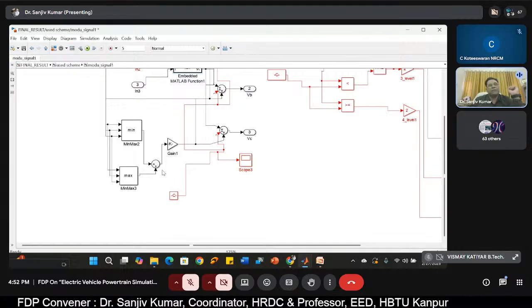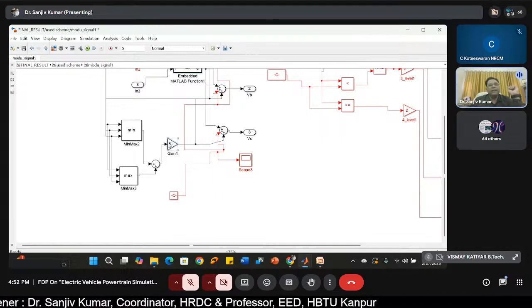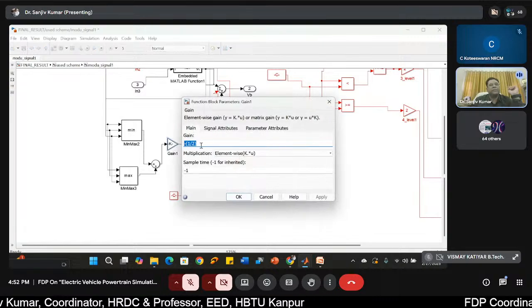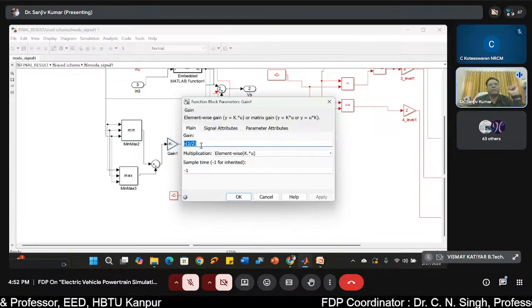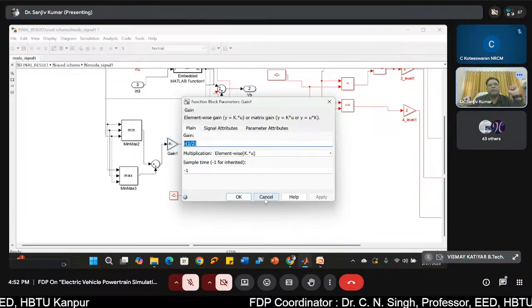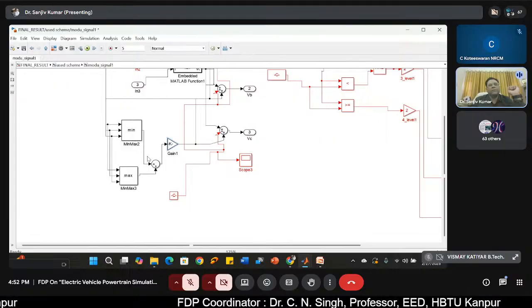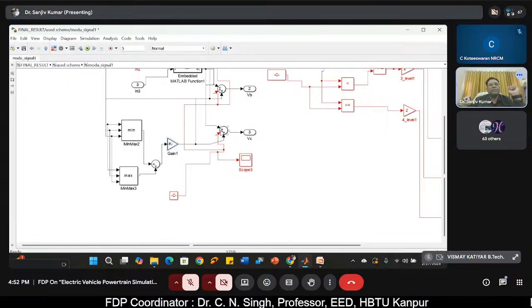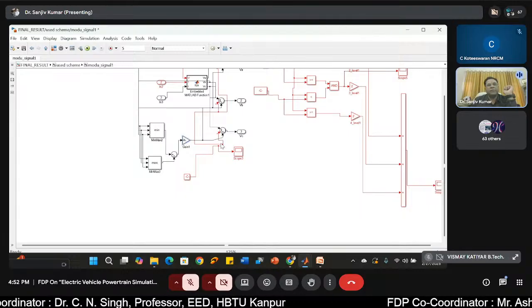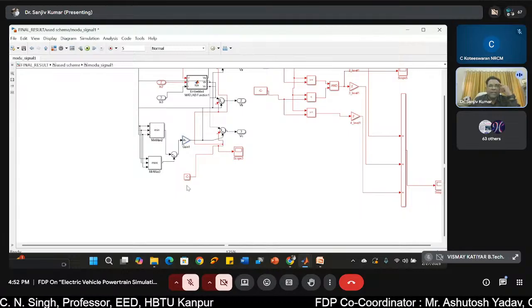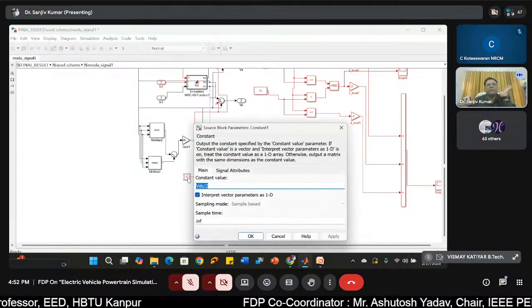So maximum plus minimum is to be added, and after that minus half. Why is it so? If you remember, it was negative of maxima plus minima divided by 2. So it is negative of maxima plus minima, and it is added to the sine of this, plus some constant.